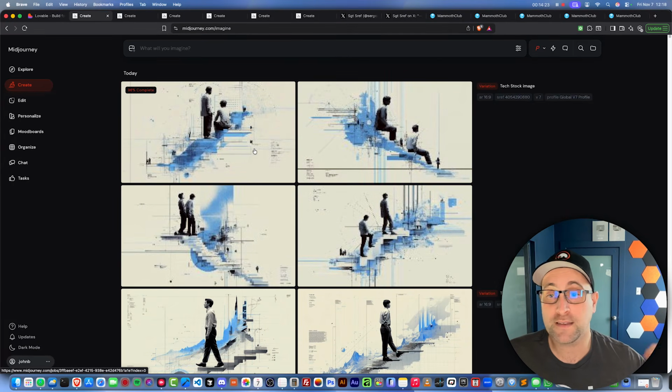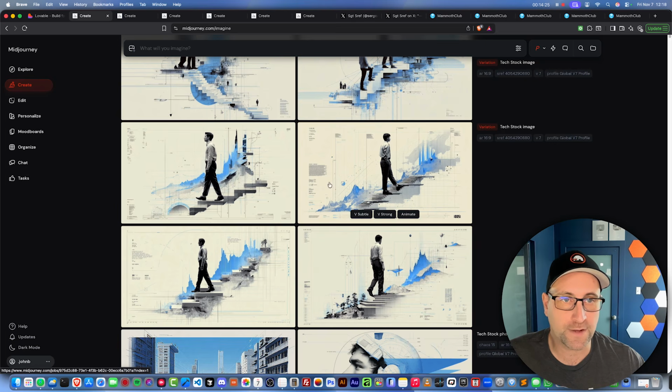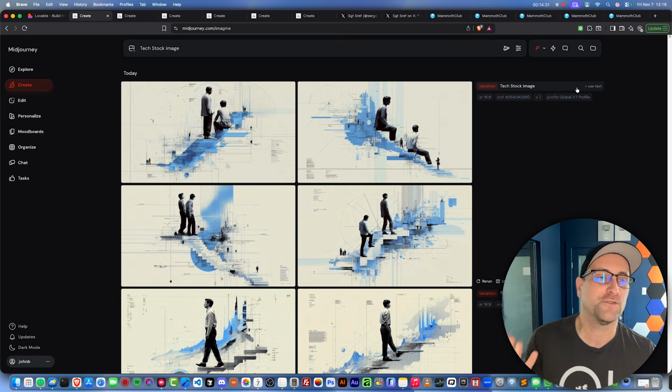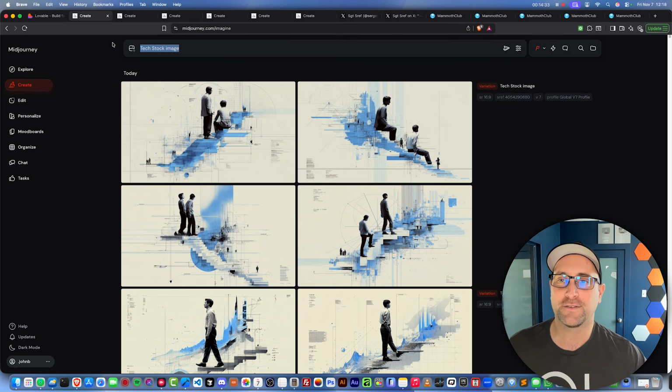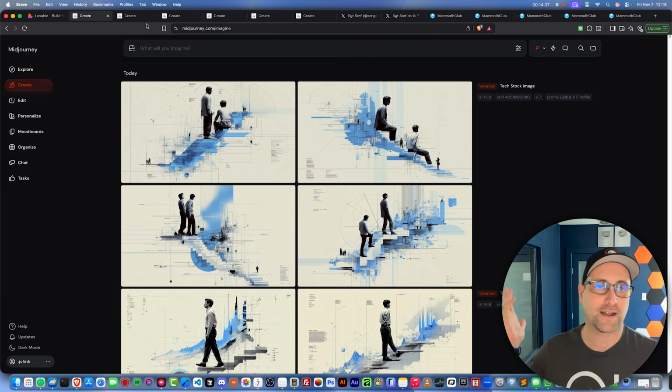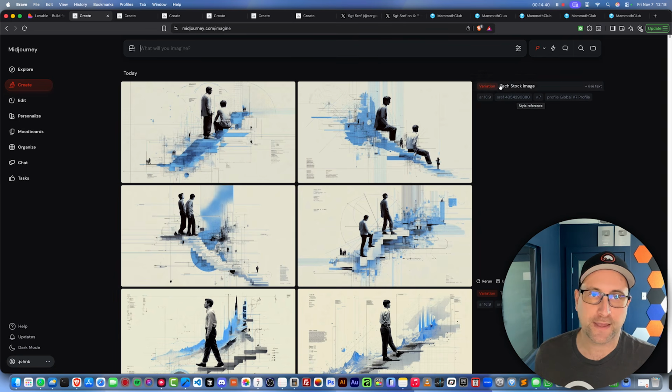And so as you can see, these are the variations of this here. I think these are all really cool. They're all different, but all really neat. So now we kind of need to do more. Okay, so text stock image, believe it or not, if you're in a time crunch, just text stock image or stock image of whatever it is you're doing. Like, actually, let's do another one here. Instead of text stock image, you can do